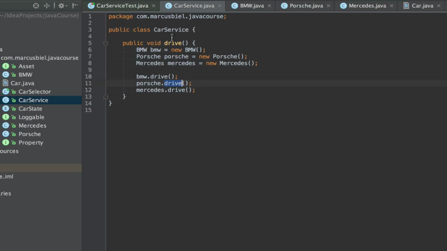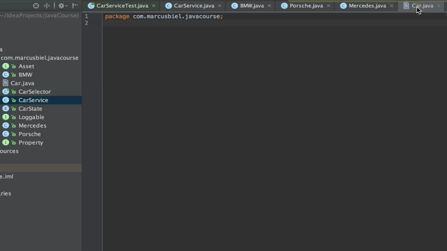So in this way, let us introduce an interface, and I have prepared something here, car.java. So far we only have the package declaration, we have to extend that. So let's start as if we would write a class.